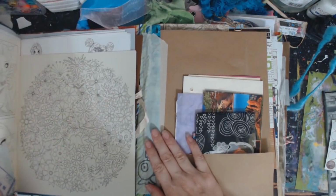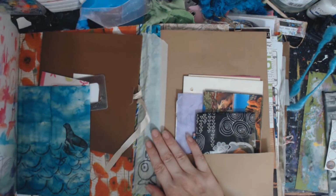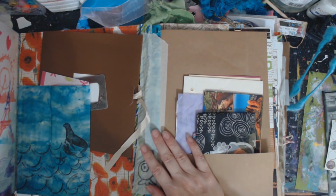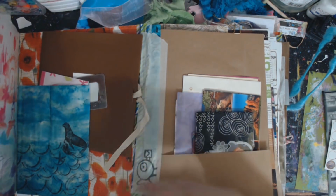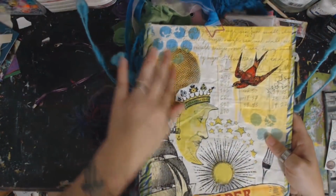This one was from Andrea. We did this way back, a couple years now. And I've actually used quite a bit of this stuff in here. I need to figure out what size I want to go with. I really do. I like this size, the size of these. So I'm thinking about taking this